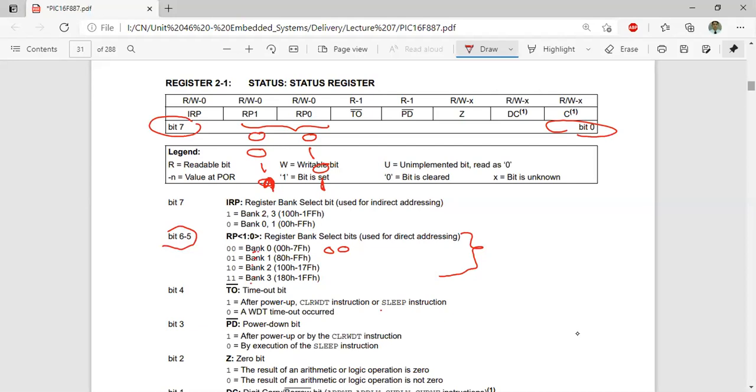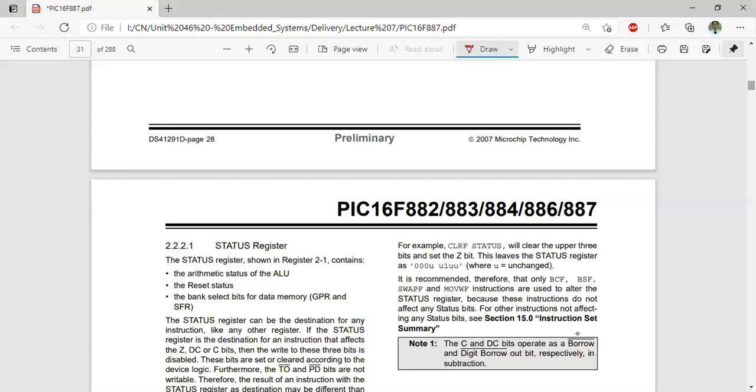Almost all the commands that we have learned for PIC16F84 are valid in here as well, right? So we know how to work with PIC16F84, right? Using the same principle,